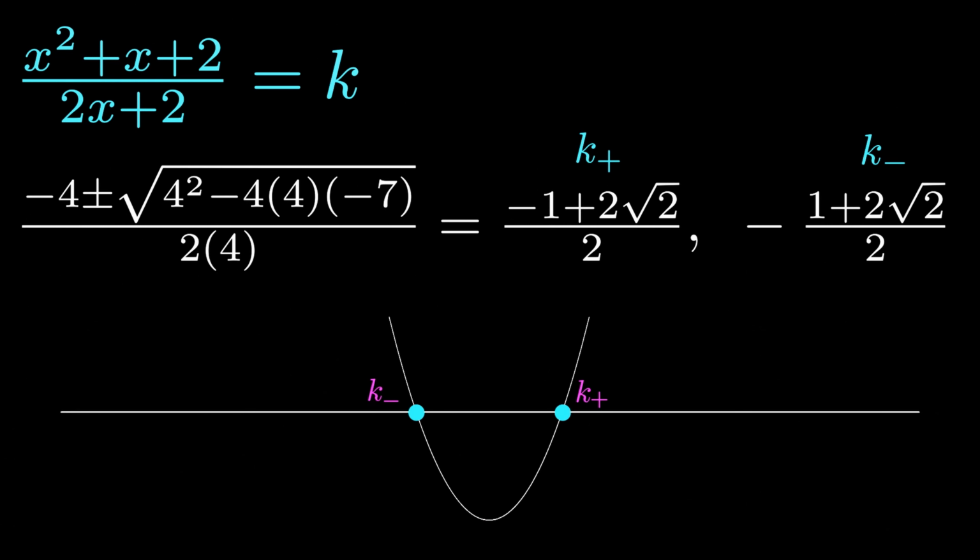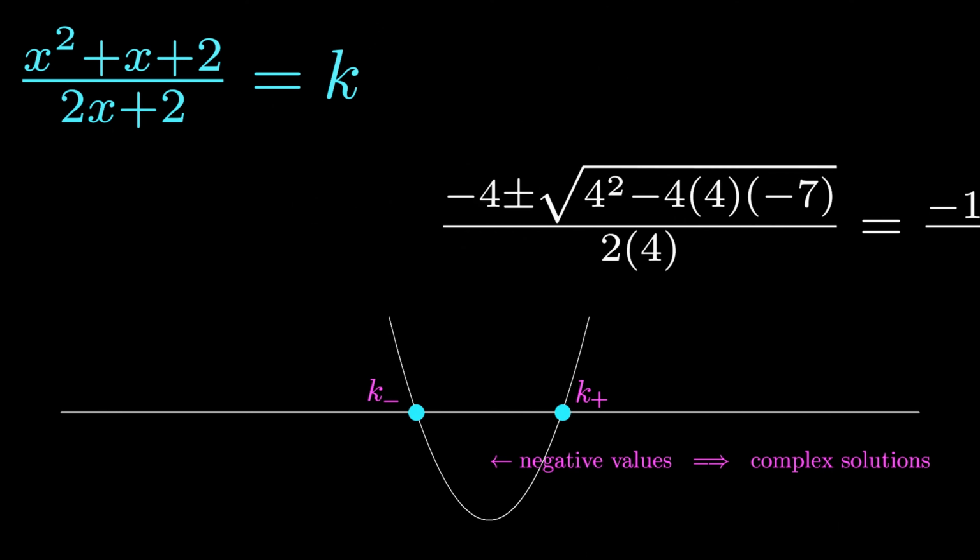If we pay attention to a graph that somewhat represents our quadratic equation, we have the following. Notice that between k minus and k plus, our quadratic takes on negative values, and negative values imply that we would have complex solutions for our first quadratic equation, because then we would have negative values under the square root sign. But we're only interested in values of k such that our equation is solvable for real values of x, right? So we want to avoid all values between k minus and k plus because they lead to complex